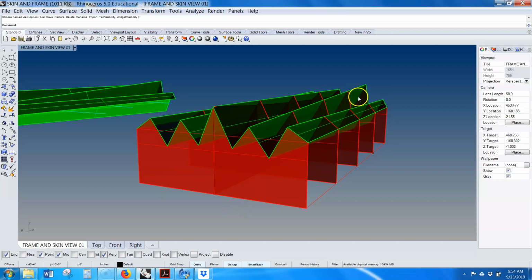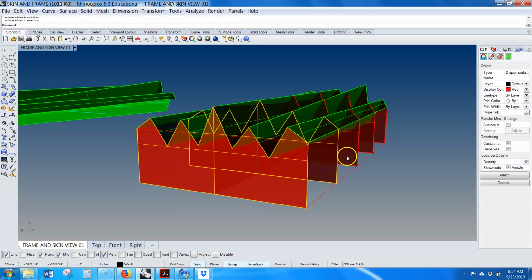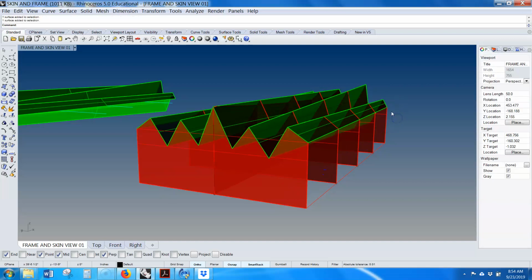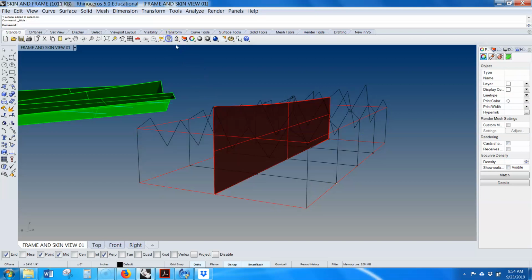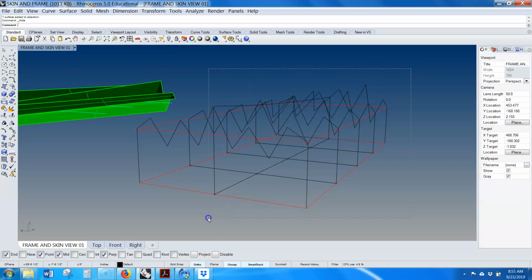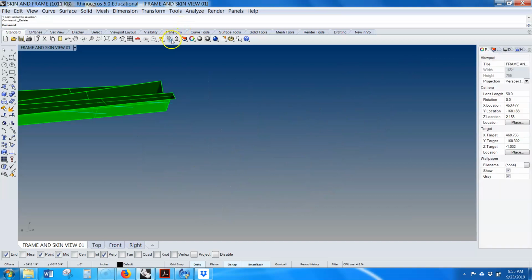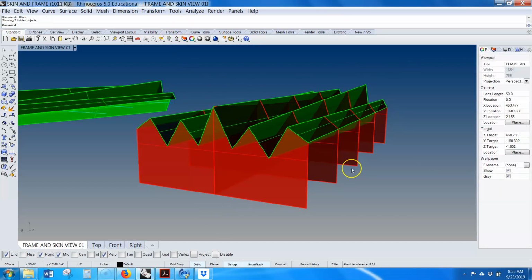So what I want to do first, like if I take this model now and I want to do a make 2D, a few things I want to do. I want to get rid of all the curves, so I'm going to select the surfaces and hide them one at a time. And now I'm just going to delete all these curves. I don't need them anymore. And then I'm going to turn the surfaces back on. Okay? So now I'm going to go dimension,